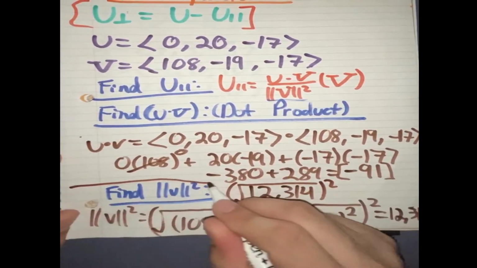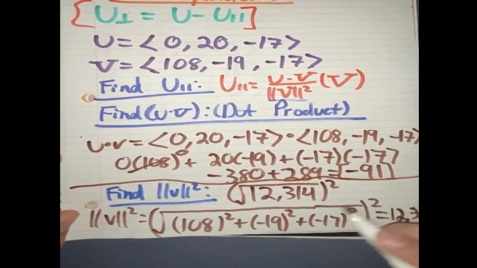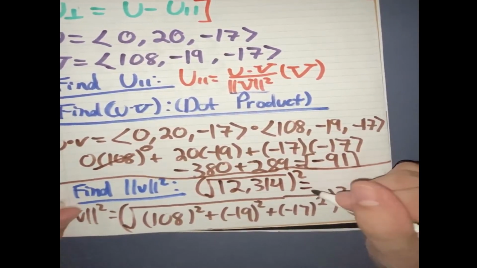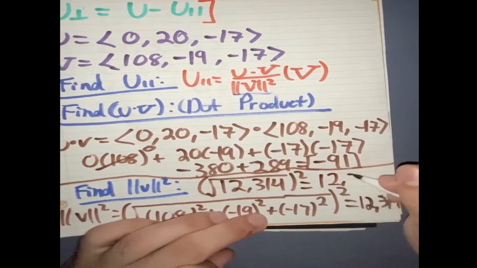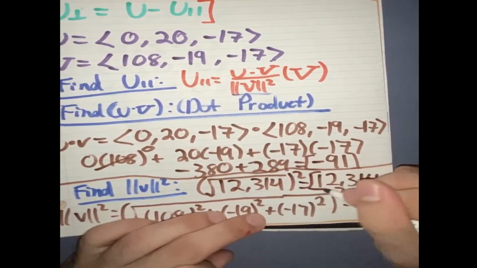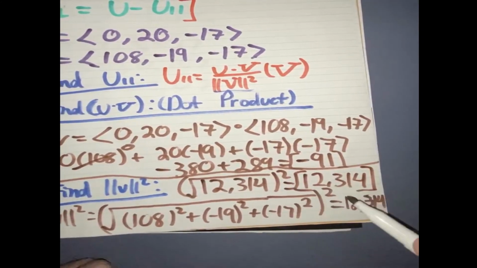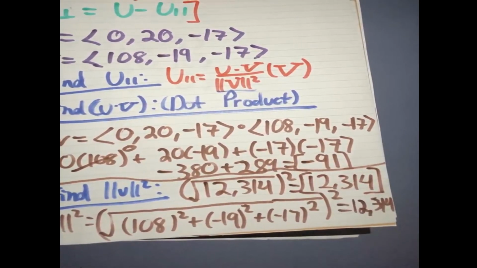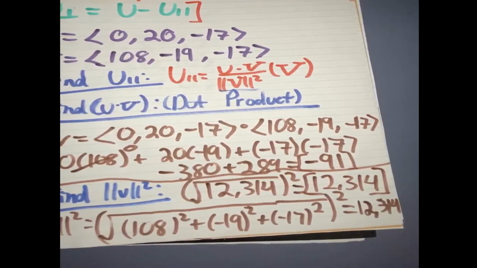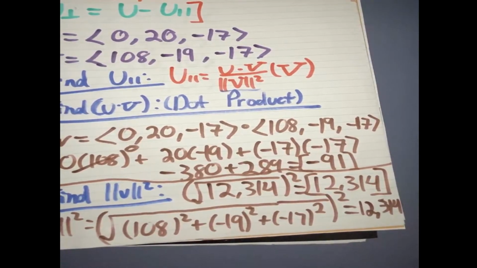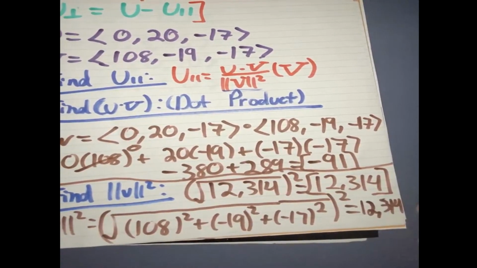I'm gonna draw a line to separate these inside a square root, but we're squaring it, so this is actually just equal to this number I have. So this is 12,314. 12,314 is our magnitude of V squared, and U dot V is equal to negative 91. So now the next step